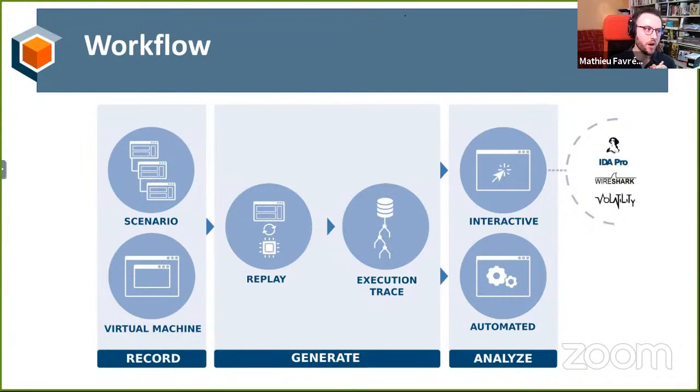And of course, there's a workflow because you need to record that trace. So we made sure that the entire workflow is covered with REVEN. You get a way to record, manage your virtual machine, record scenarios, create a proper environment and setup for the thing that you want to record, maybe a certain version of Windows, a certain DLL, all of that. So you get first to record your trace. You create the exact setup that you need, you reproduce the thing you want to record, and boom,